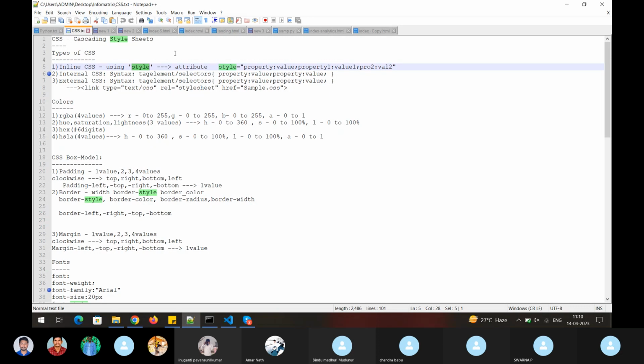Where will we use attributes? Within the tags, right? So if I want to make any styling for individual